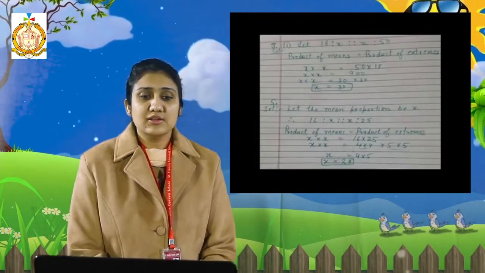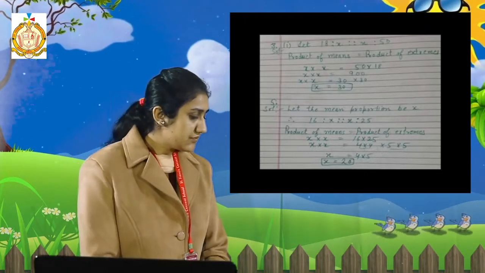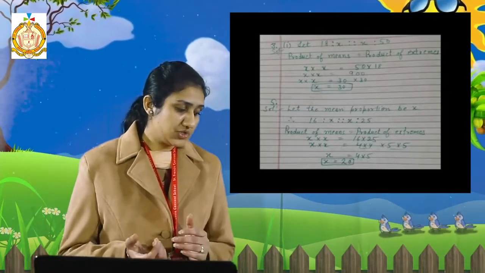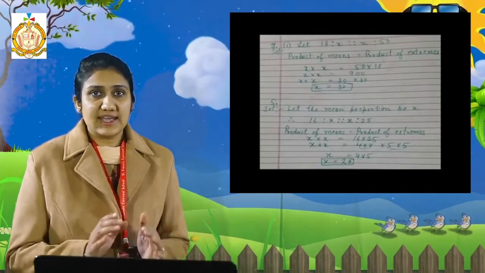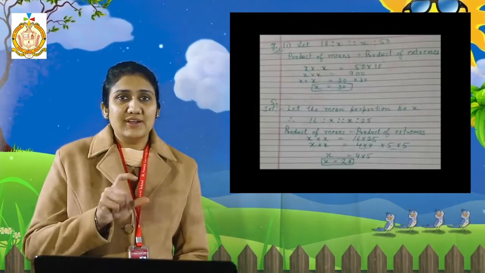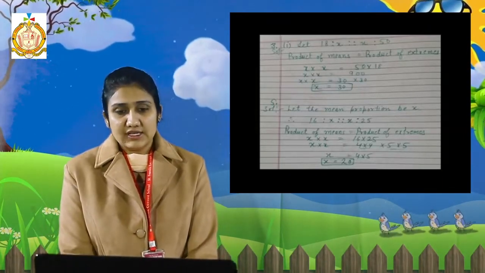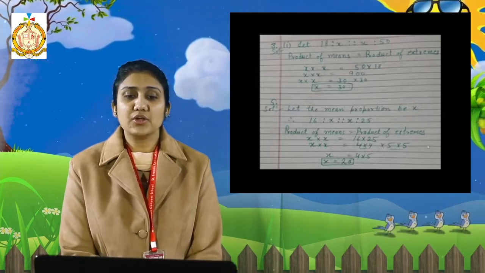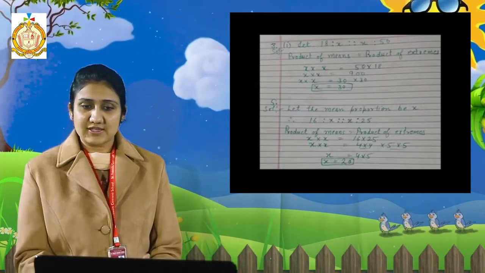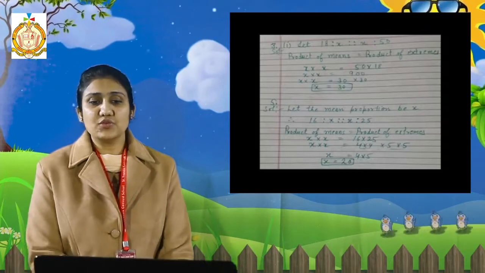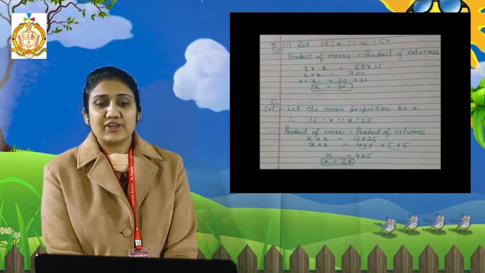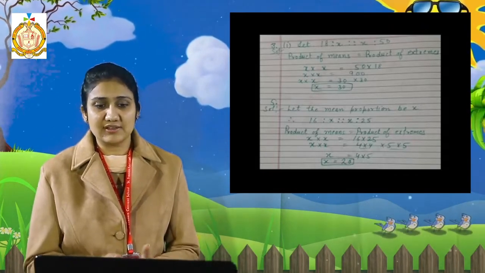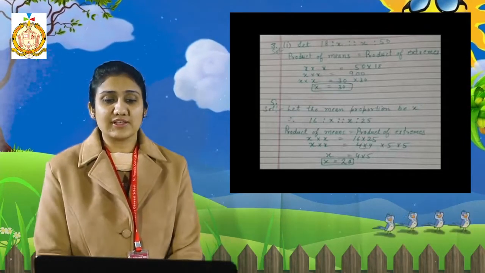Next we will do the first sum of the third part. We have to find the value of x if they are in continued proportion. Now the statement given is 18, x and 50. So we can write the middle term 2 times. So we can write it as 18:x proportion to x:50. Again applying the formula, product of means is equal to product of extremes. That is, x multiply x equals 50 multiply 18. So we can write it as 900. Then again we can write 900 as 30 multiply 30. So from here our value of x will be 30.